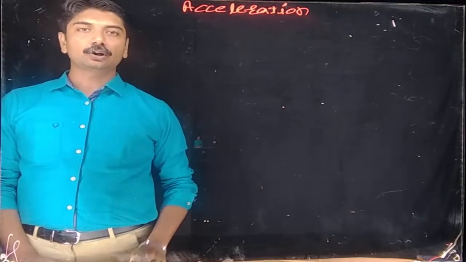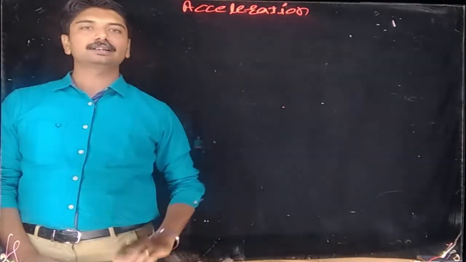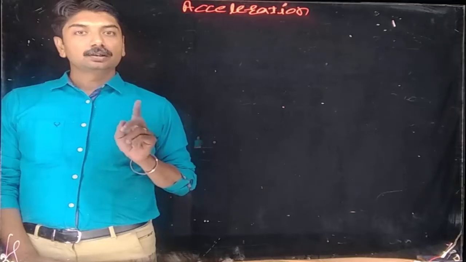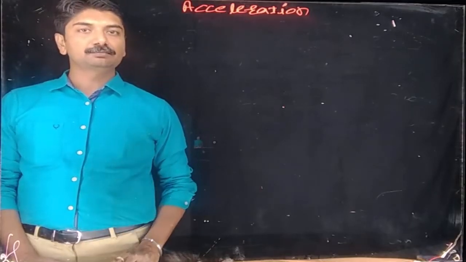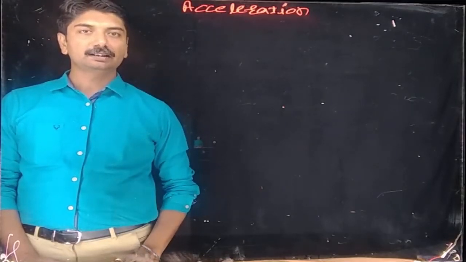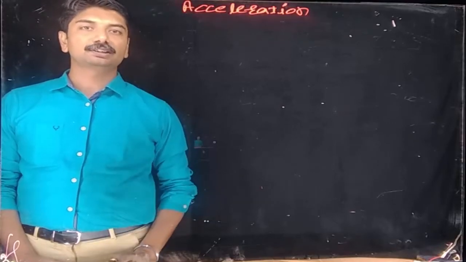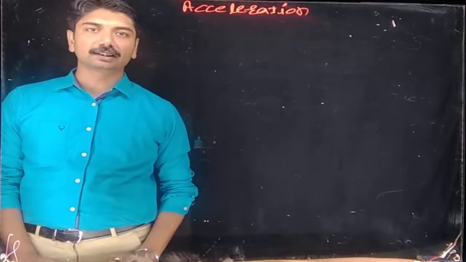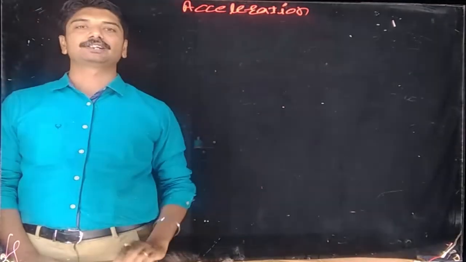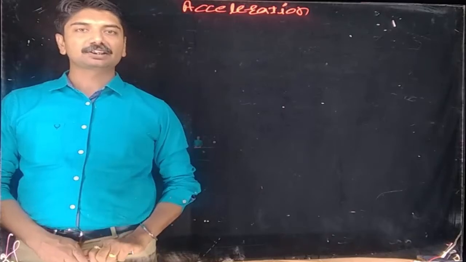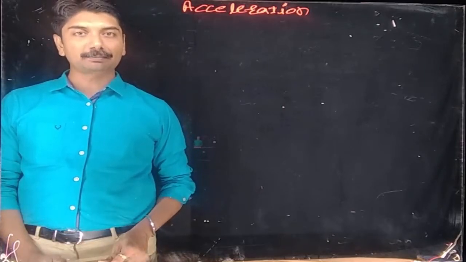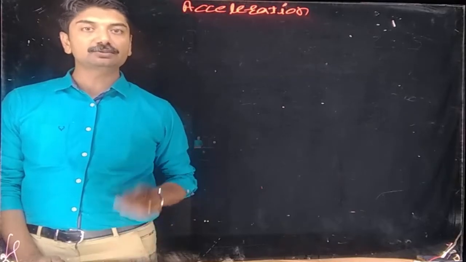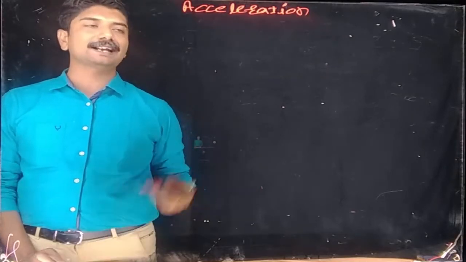Now we are going to talk about the last parameter in the row, called acceleration. How rapidly your object is moving is given by speed or velocity. But how the rapidity is changing is given by acceleration. What do you mean by acceleration? It is the change of rapidity. That means the rate of change of velocity with respect to time is called acceleration.